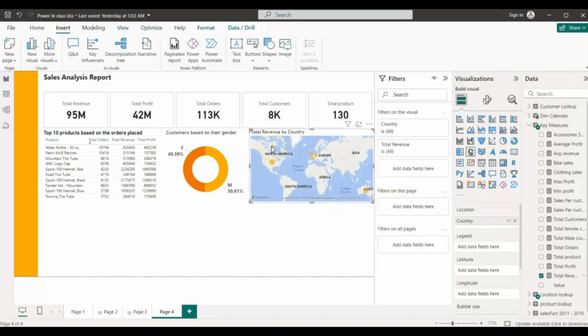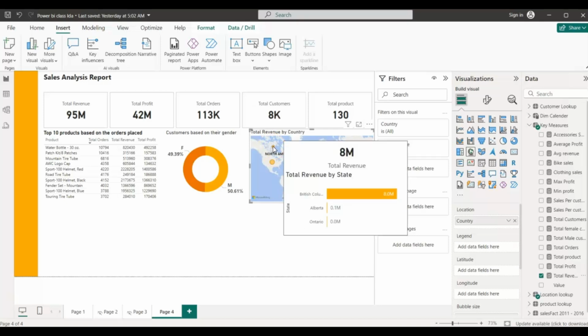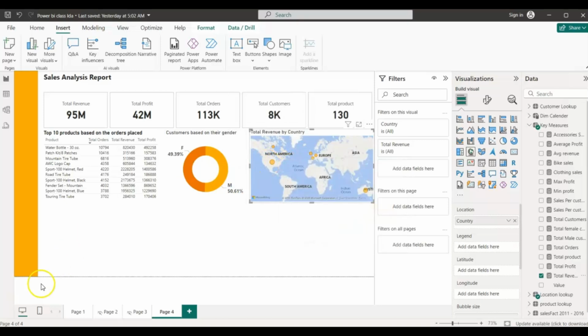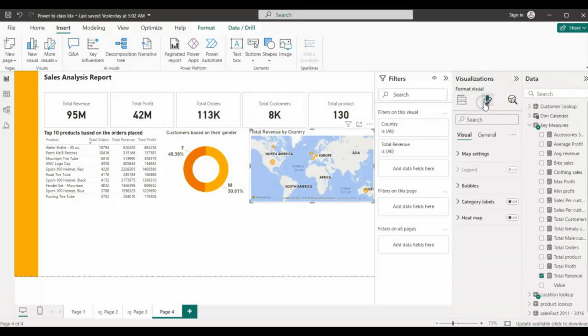Okay, so I'm going to show you how I did this now. First, let's hold on. I'll show you how I added this tooltip later. But let's continue. I don't like the way this is looking. It's going to contradict the color of our visual, so I'll just go back here to my format visual,